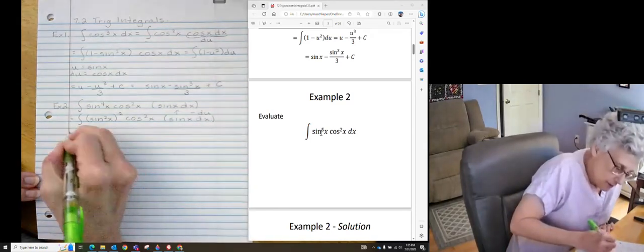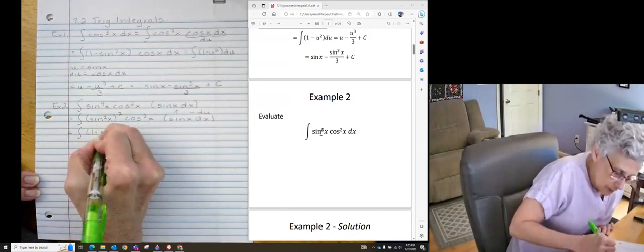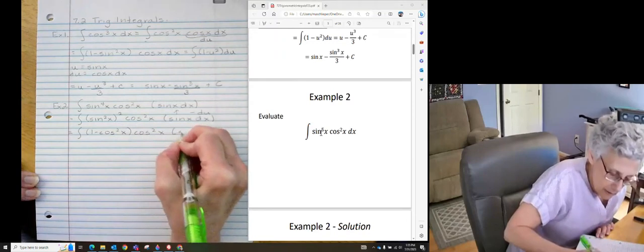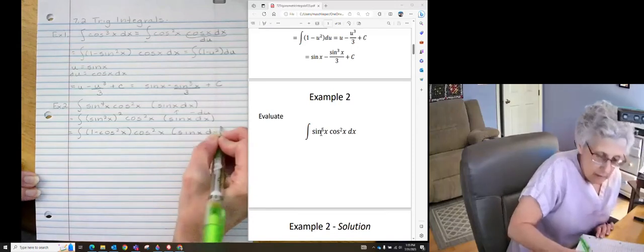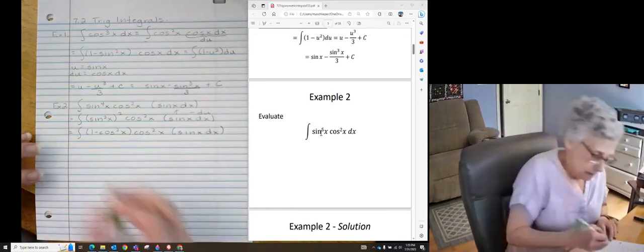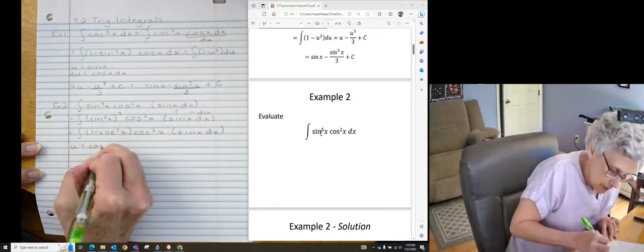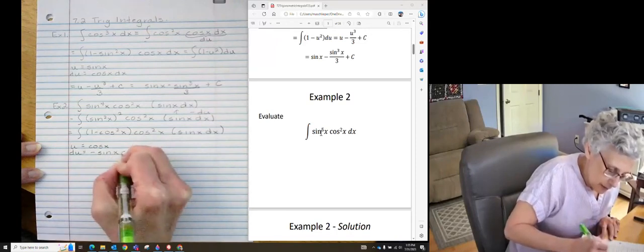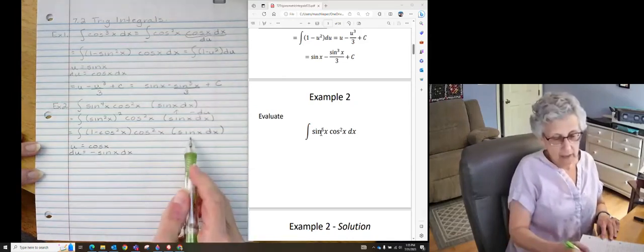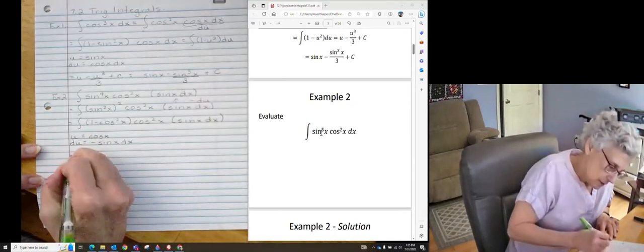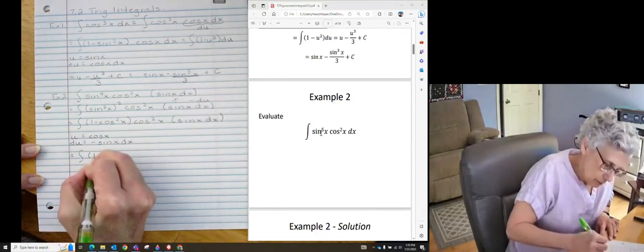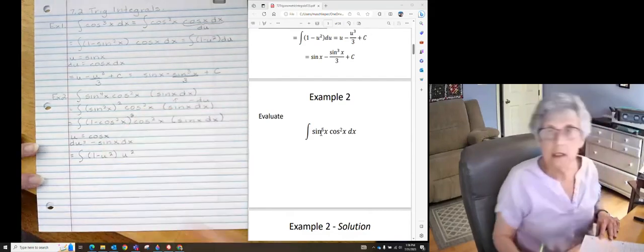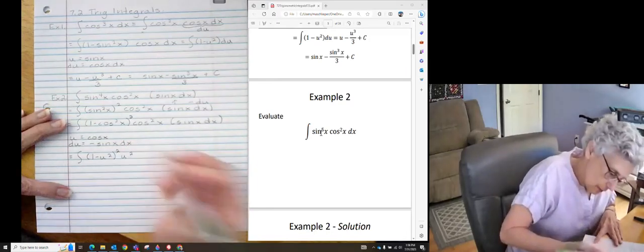And I'm friends with Pythagoras, so I know that this is equal to 1 minus cosine squared of x, squared, times cosine squared of x times sine of x dx. Now I'm ready to let u be equal to cosine of x, then du is equal to negative sine of x dx. So this would be the integral of 1 minus u squared, squared, times u squared. I almost lost a squared, then I would have had the wrong answer,